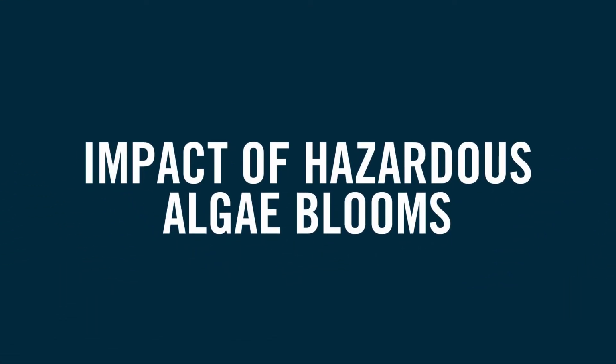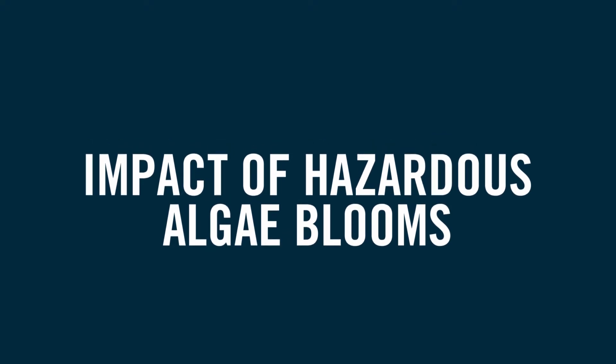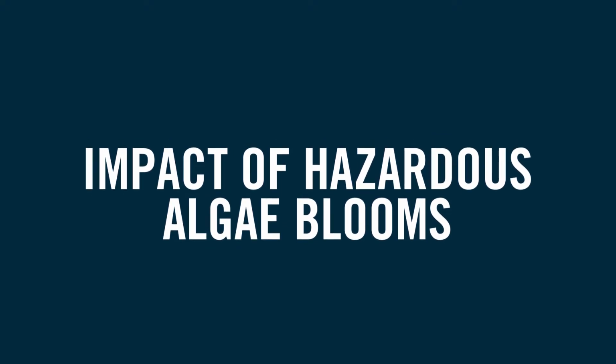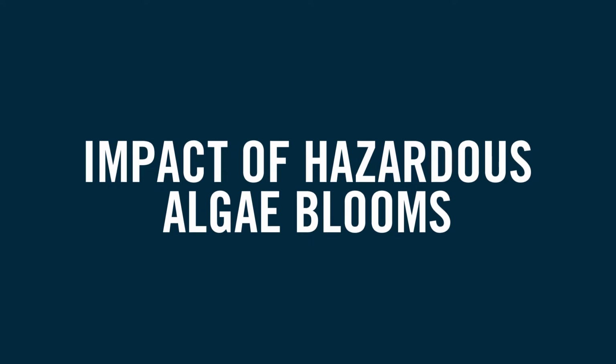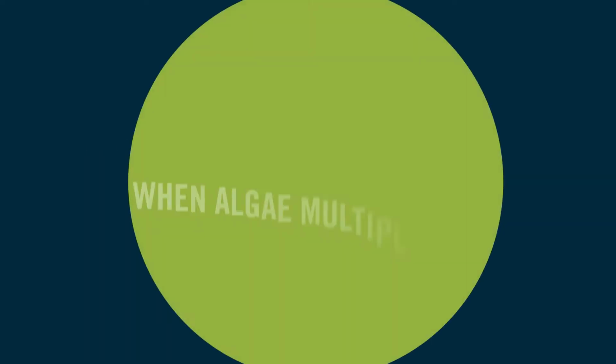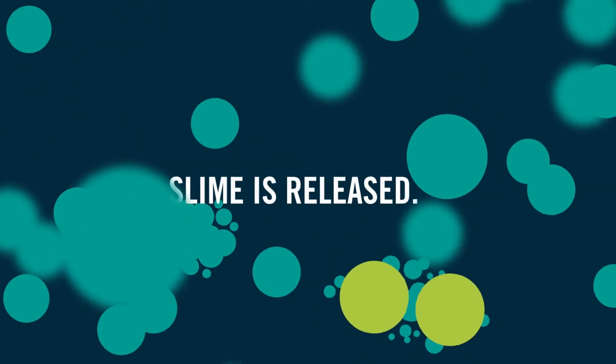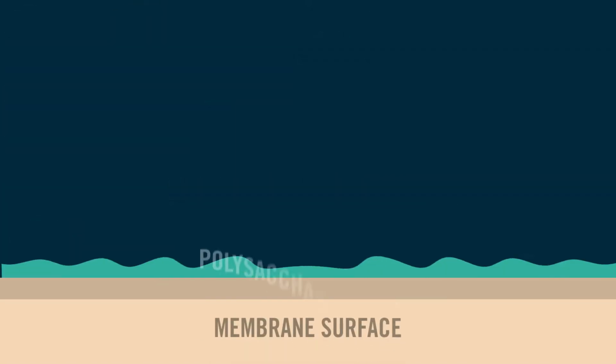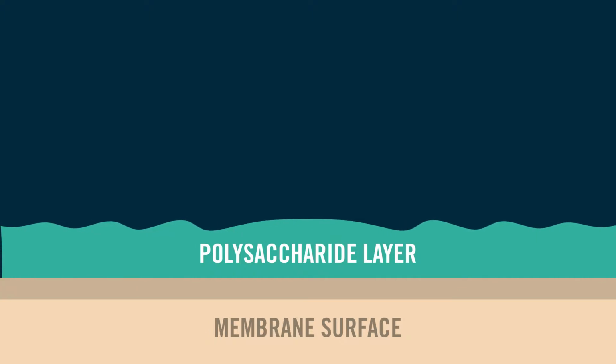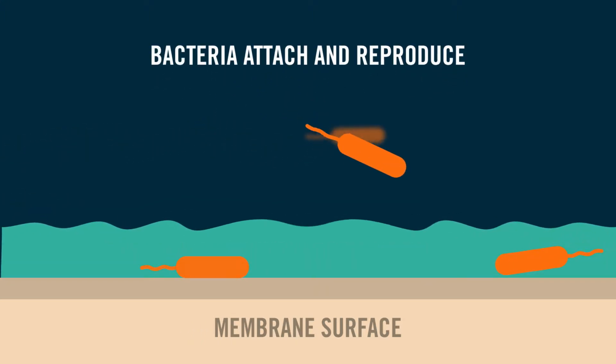When dealing with hazardous algae blooms, it is important to understand how this impacts membrane performance and fouling deposition on membranes. When algae multiply and die, transparent exopolymer particles, or TEP, are released. These particles can adhere to the membrane surface, creating a polysaccharide layer that acts as a food source for bacteria